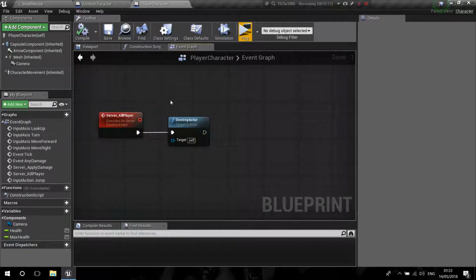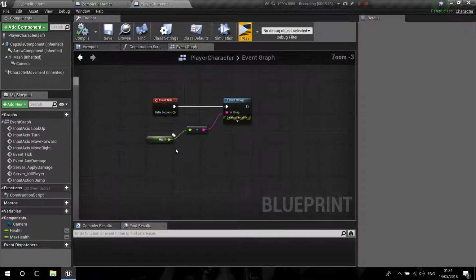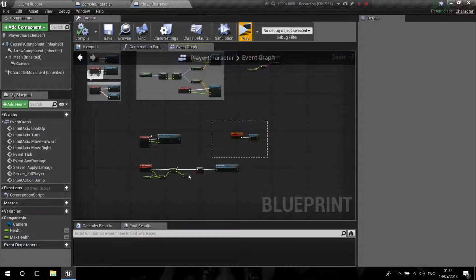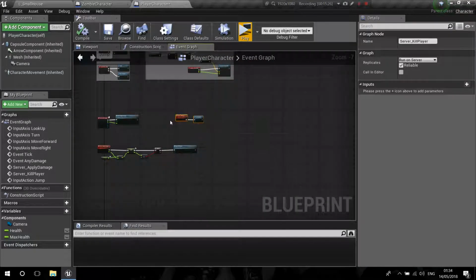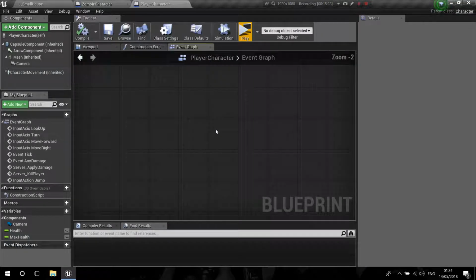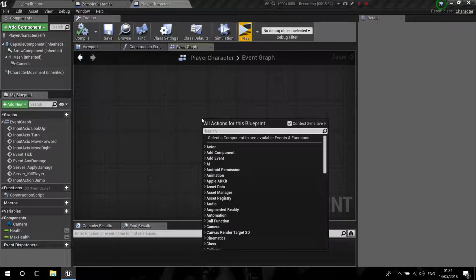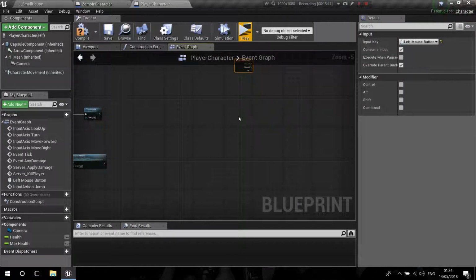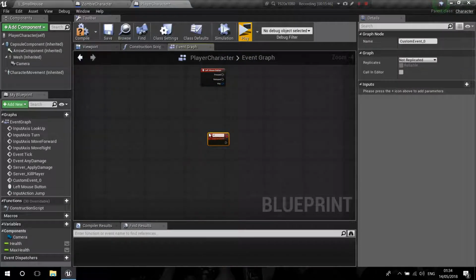So what do I want to do now? As I said, I think I'm going to quickly implement a way of us damaging the zombies back and try to kill them. So I'm not sure how I'm gonna do that, but I think I'm going to right click and do left mouse button event, and then create a new custom event